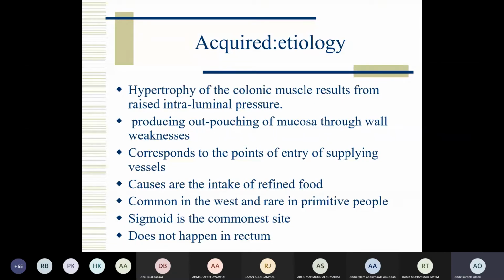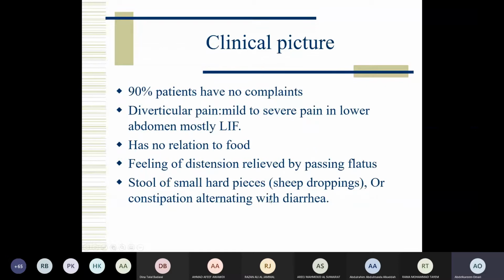Sigmoid is the commonest site. The other point: it does not happen in the rectum. Why? Because, as we said, the strips of the longitudinal muscles, when they reach the rectum, split out again and surround the circular muscles. What is the clinical picture, guys? In Europe, approximately 90% of older people